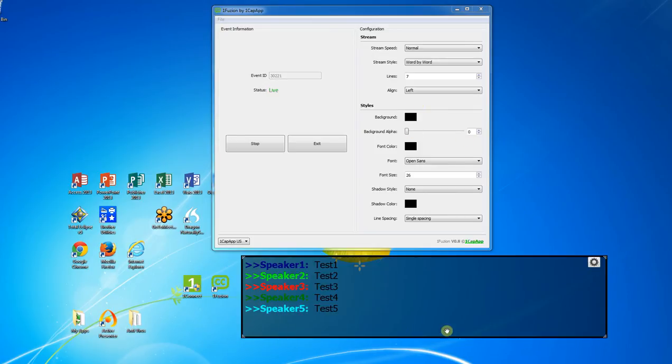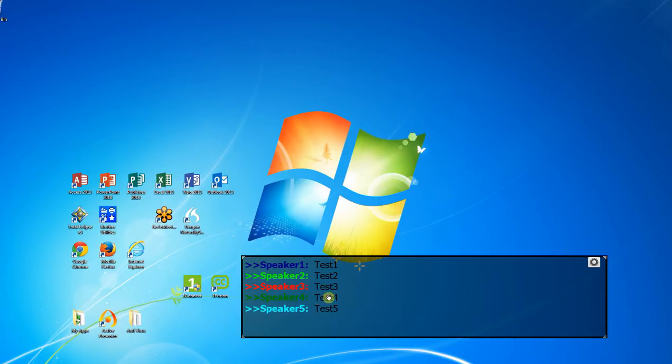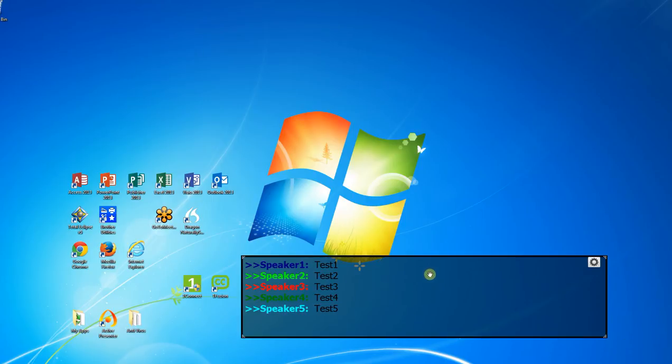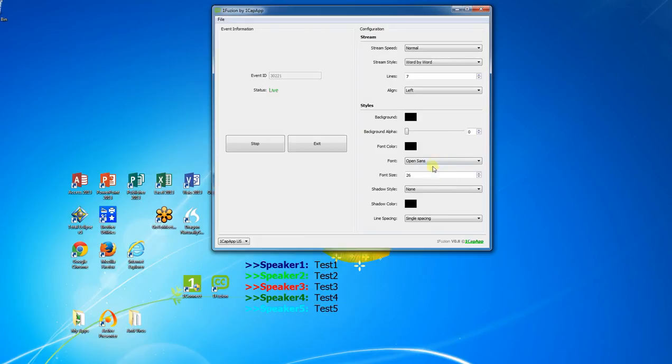You can change the background. You can play around with that on your own. What's nice about this is that it's transparent. You can put it anywhere. You can make it any size that you want. If you want the controls to come back, you click this little cogwheel and you can change the font size to smaller. It adjusts automatically up and down.